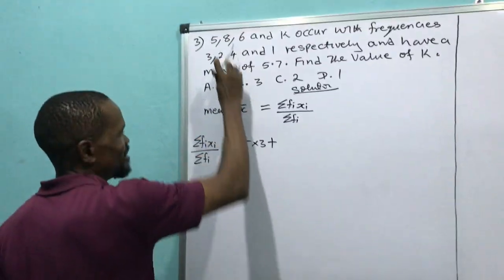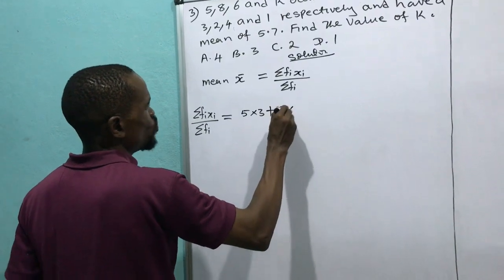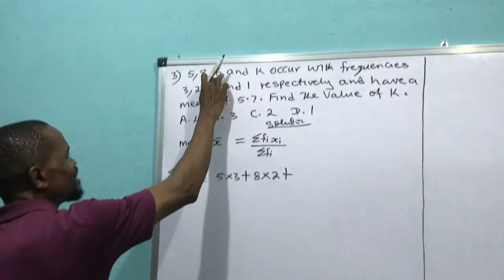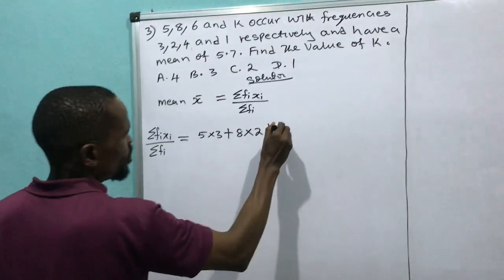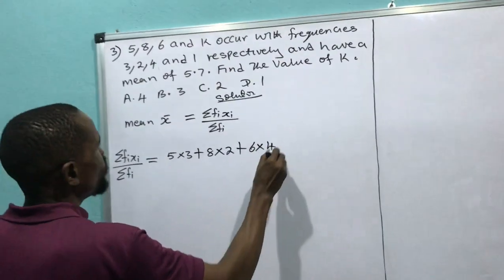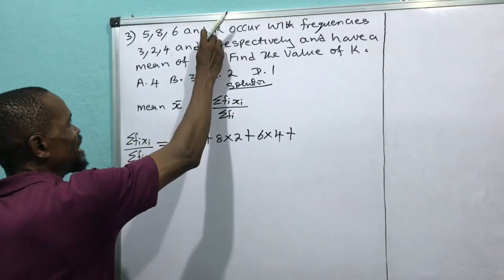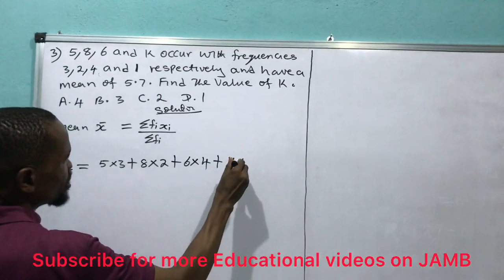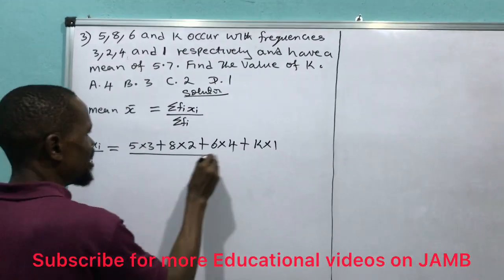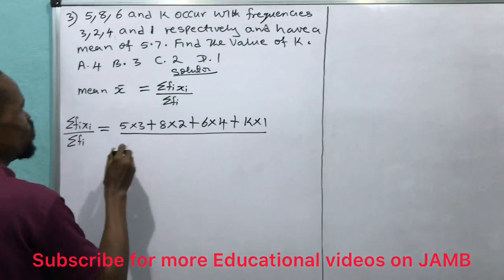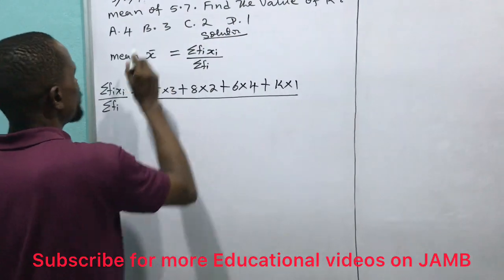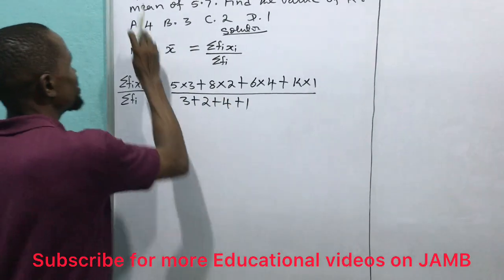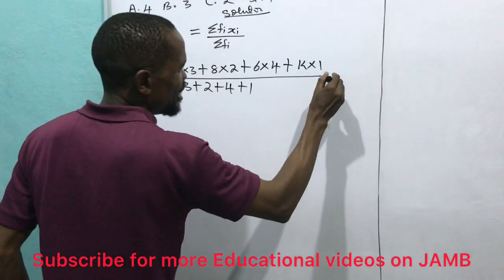Looking at this 8, what is its frequency? 2. Its frequency is 2, giving me times 2 plus. Looking at this 6, what is its frequency? 4. Becomes 6 times 4 plus. Looking at the K, what is its frequency? 1. The frequency of K is 1, becomes K times 1, all over the summation, which is the total frequency, which gives me 3 plus 2 plus 4 plus 1, and is equal to